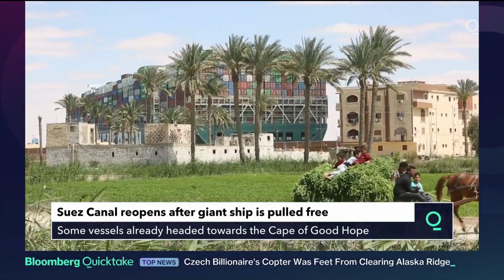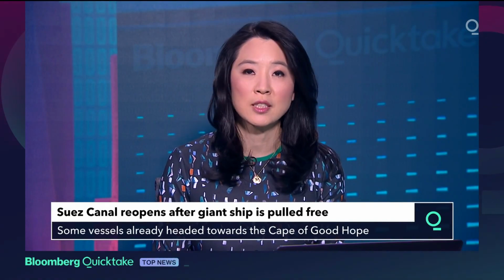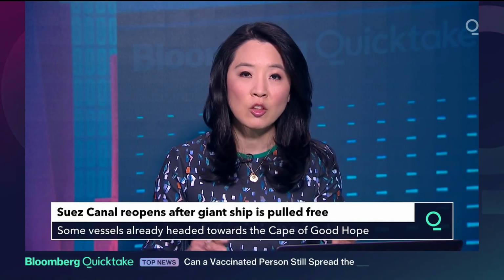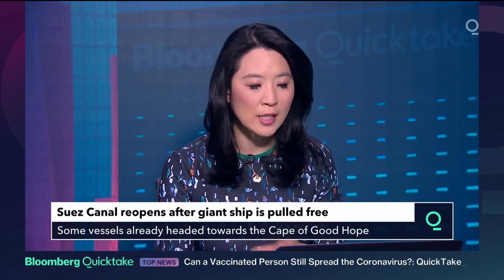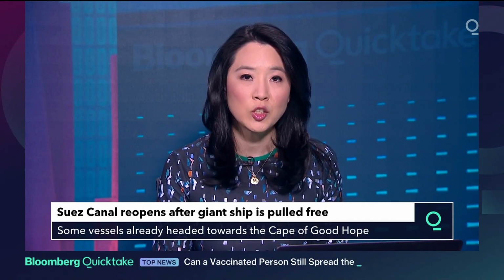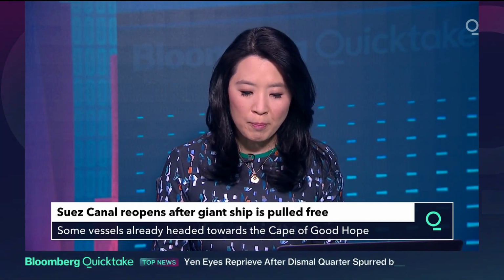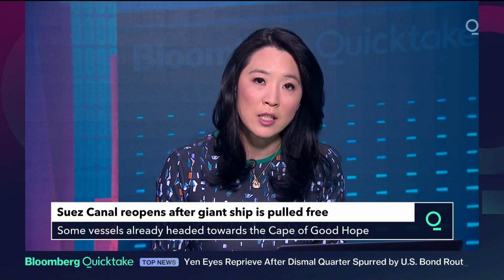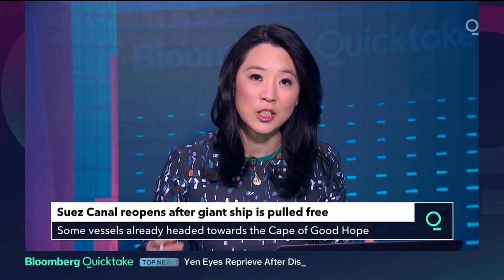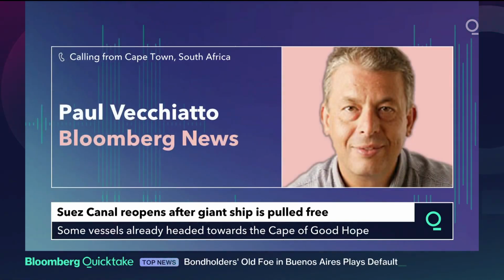I'm so glad you mentioned the size of the Ever Given, because I've been seeing tweets on how container ships have just gotten larger and larger over time. And a lot has been said about why the Ever Given got stuck in the first place. You can blame it on high winds, poor visibility, or simple pilot error. But how do we ensure that this won't happen again with the trend of bigger and bigger container ships? Well, that is a question the shipbuilders and the shipping companies are going to have to